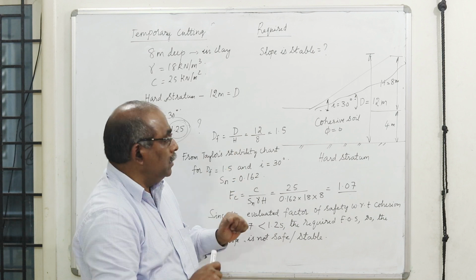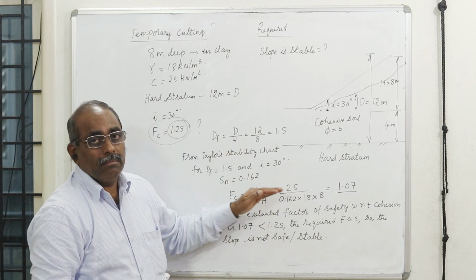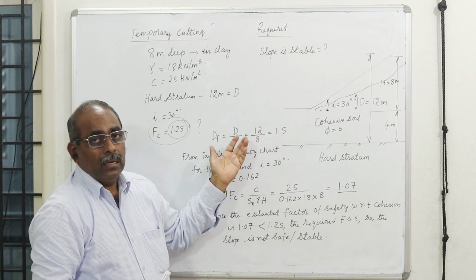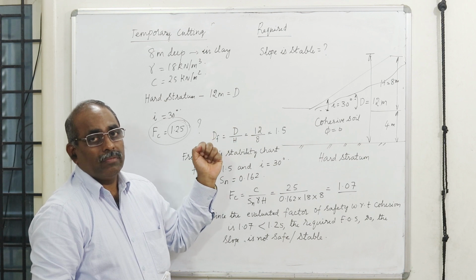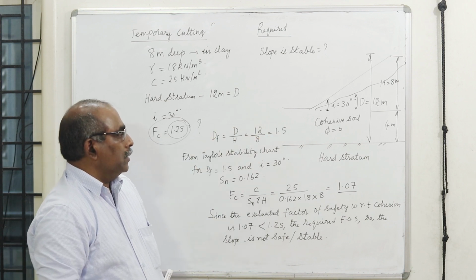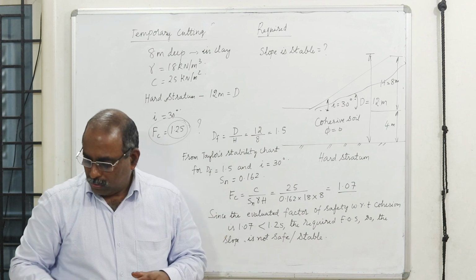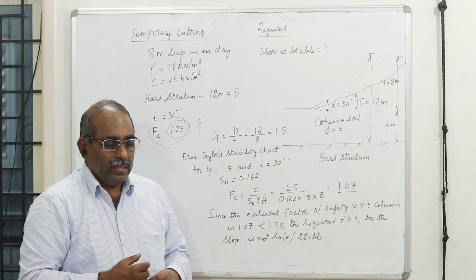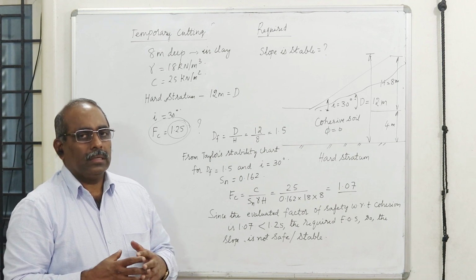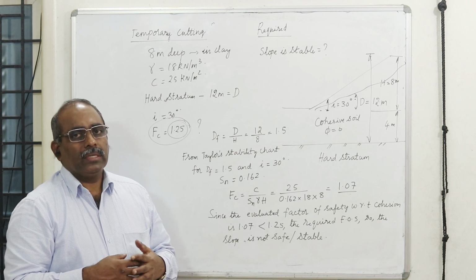You need to understand, simply solving a numerical example to get a value is not the thing. You need to understand the practicality of this procedure to evaluate the factor of safety and how we are going to use it in a real-time problem. To summarize, I think I have covered in this chapter how to evaluate the factor of safety. Now, stability of slopes, we have discussed in this chapter what is the definition of a slope and what are the different classifications of slopes.